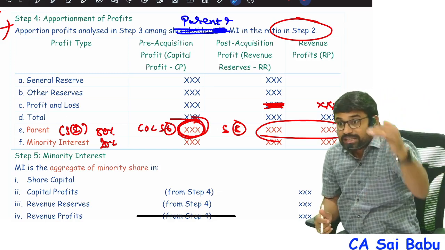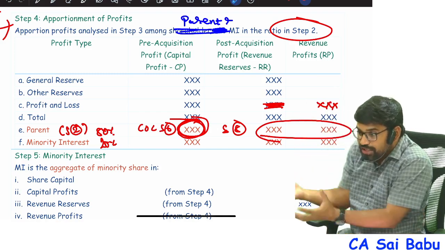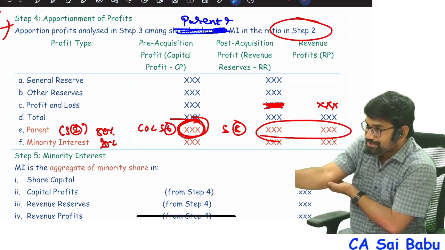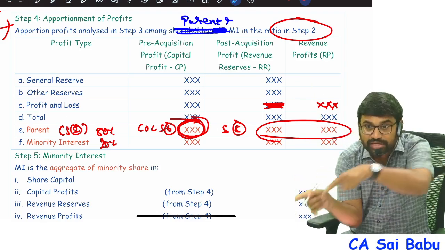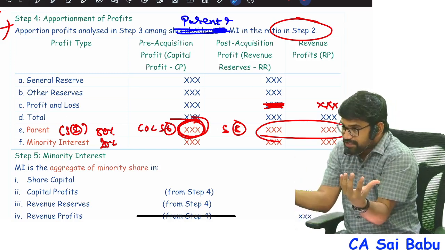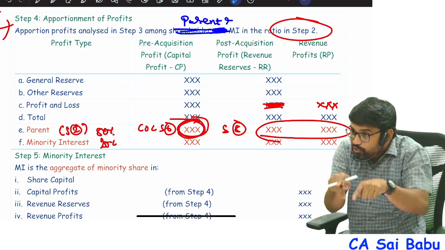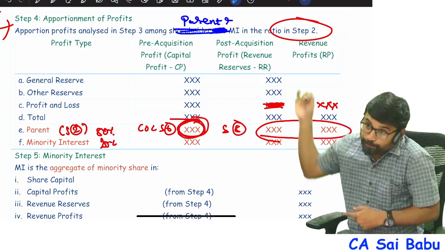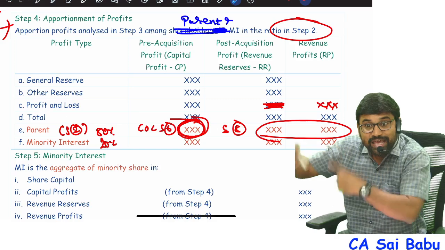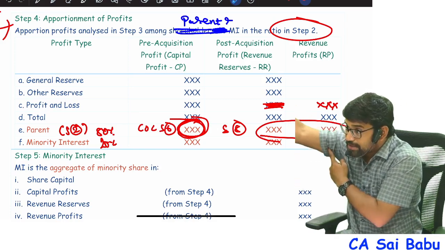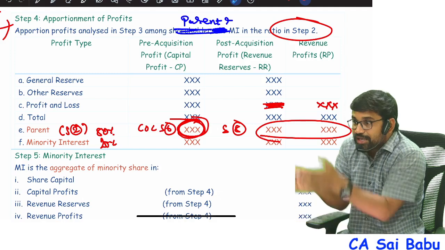Understand, in the subsidiary company, by the time you are acquiring the subsidiary, whatever profits are there are all pre-acquisition profits. They will be adjusted to the cost of investment. And the difference is goodwill or capital reserve we are showing. That means parent company investment against subsidiary company share capital plus reserves and surplus. We adjusted, and the difference is goodwill or capital reserve. That means at the time of acquiring the subsidiary, whatever reserves and surplus are there are already adjusted in the form of goodwill or capital reserve. Now, once you acquire the subsidiary, whatever reserves increase in the subsidiary will be added to the